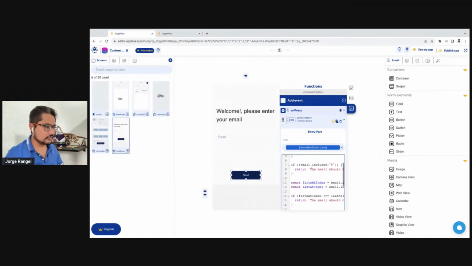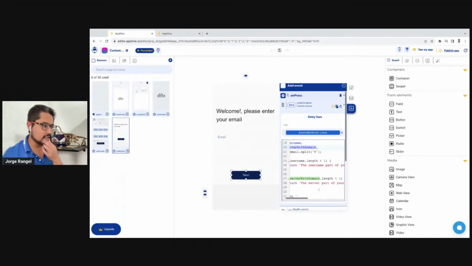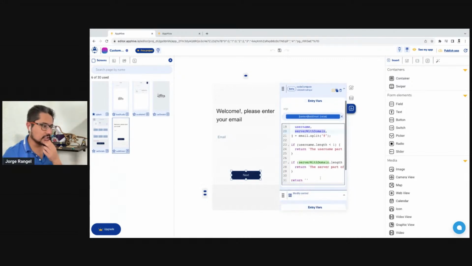Let's check it out in the function. Okay, we have the username, the server with domain, and you have to have a server with domain here. Let's leave it like that for now, because it was a demonstration on how to do validations in your inputs. You have to validate the inputs that the client gives to you, but it's not necessary to go into a lot of detail with it